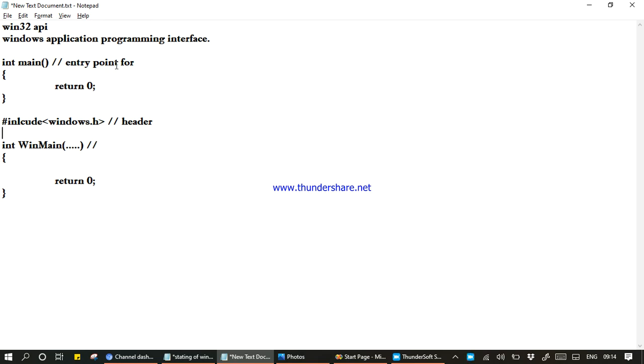This is the entry point for C, and this is the entry point for Win32 Windows applications.